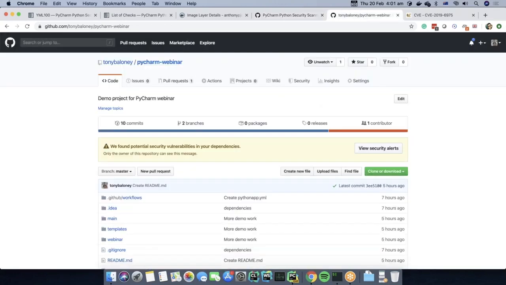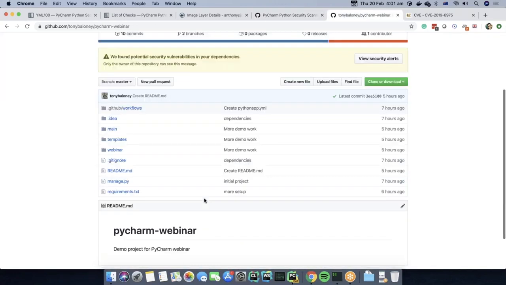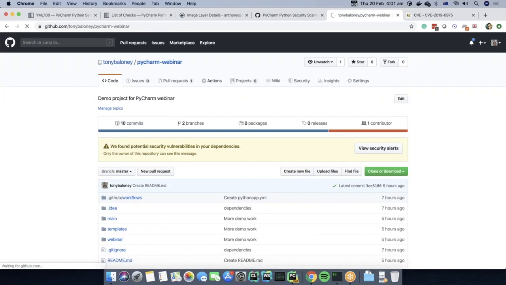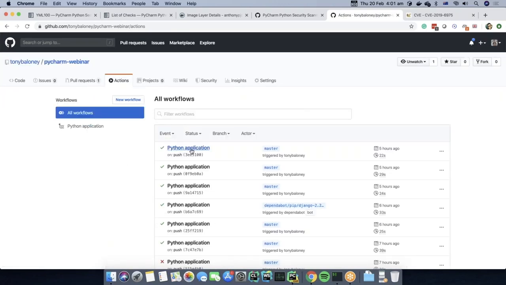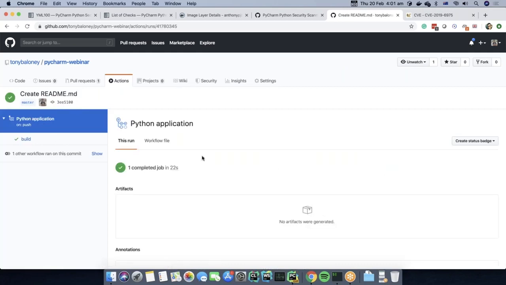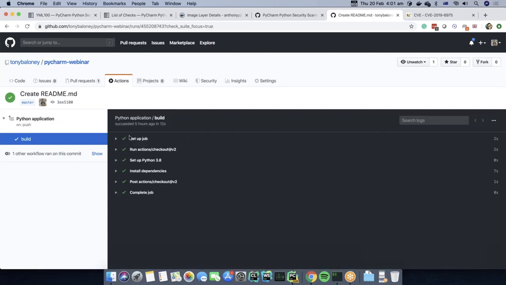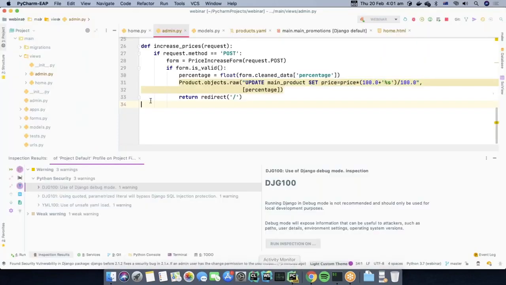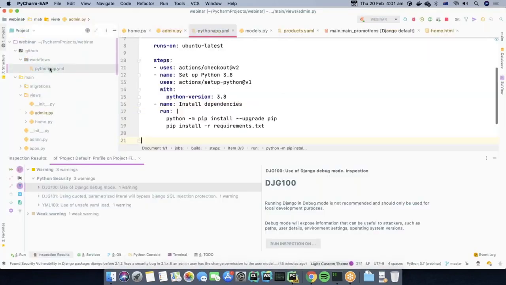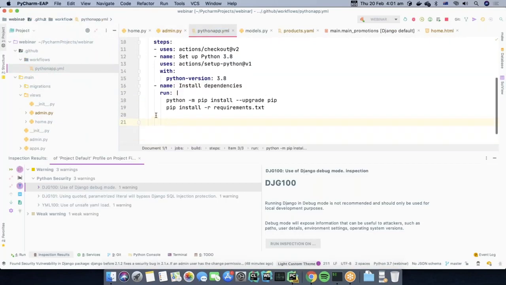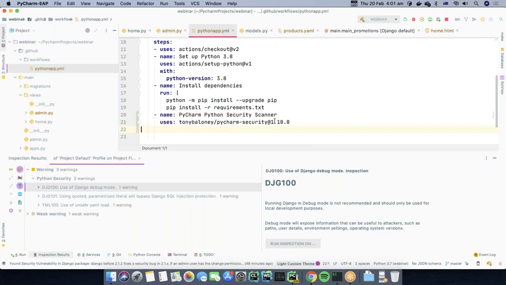And I've checked in the code for the webinar, this horribly insecure Django application that I've been building, and I'm using GitHub Actions as my CI/CD. And inside GitHub Actions, basically I can run a set of tasks. One other thing you can do is copy that code that it just gave you, paste it into here and save. You can check it in,